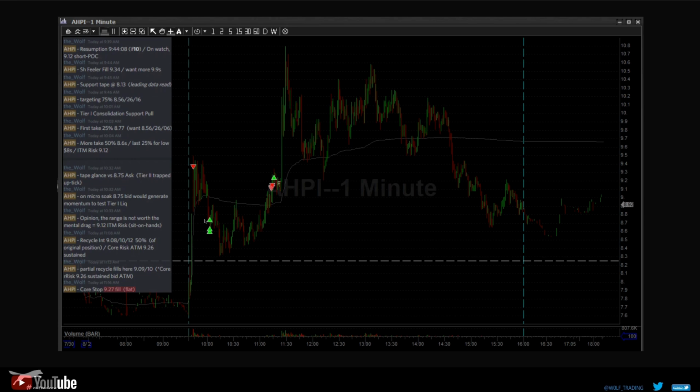So you can see here in the trade notes, we're letting you guys know we're targeting 8.5s, 26.16s here. And this was at 946 before the tier 1 consolidation even pulled. So you can see here it pulled right off the sheep line, and then we took fills. We didn't get a lot of size, but we're taking profit here, and you can just read the tape notes as it starts to come up. We believe support to be at 813, which is down here. We didn't get that final 25%, excuse me, but we did carry it up into a recycle opportunity, recycle op,